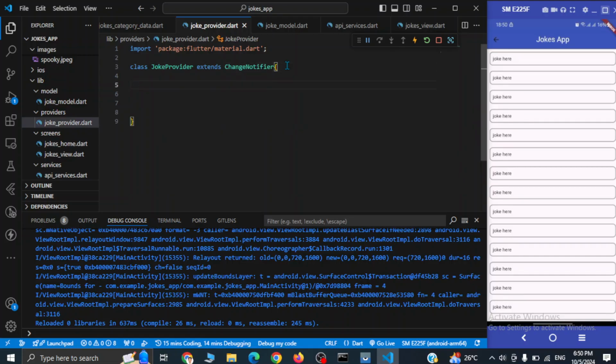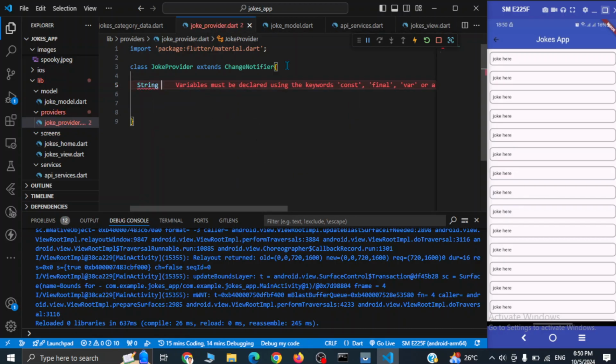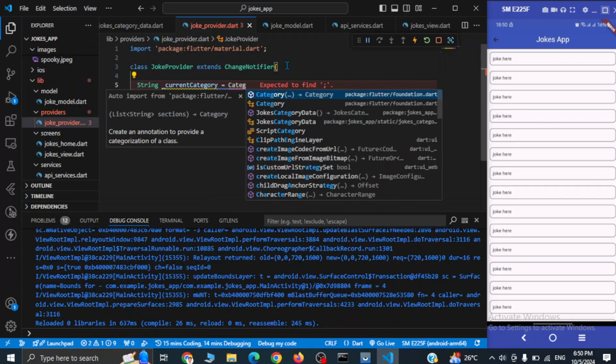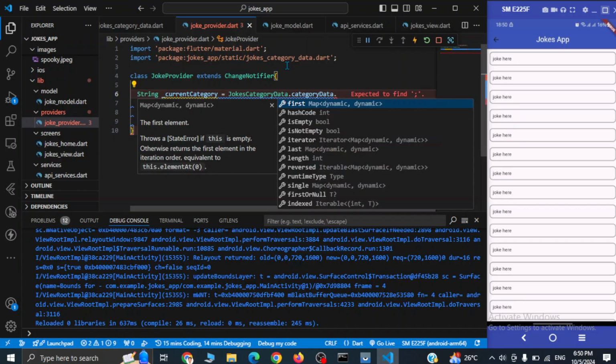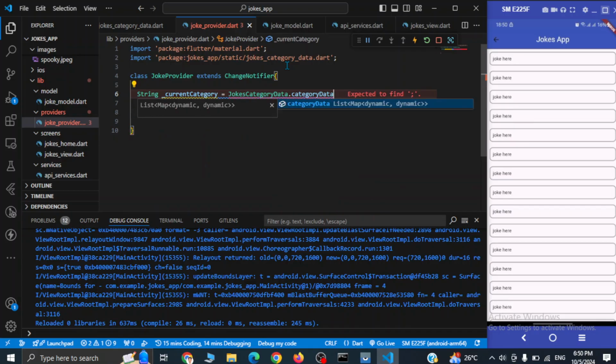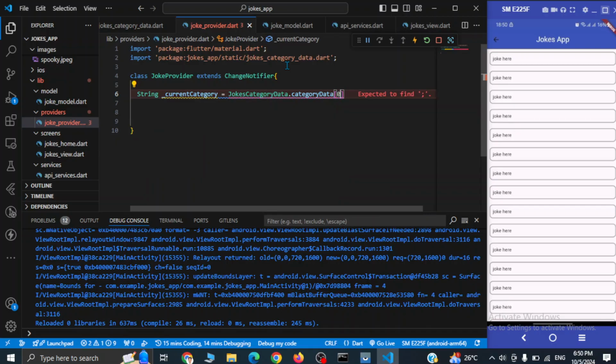Okay, so here we will make a string variable named current category. So this variable is going to store the value that the user has currently selected. Okay, so by default it is going to be category data dot category data dot first. So we are going to set it to the first value, 0 and name,